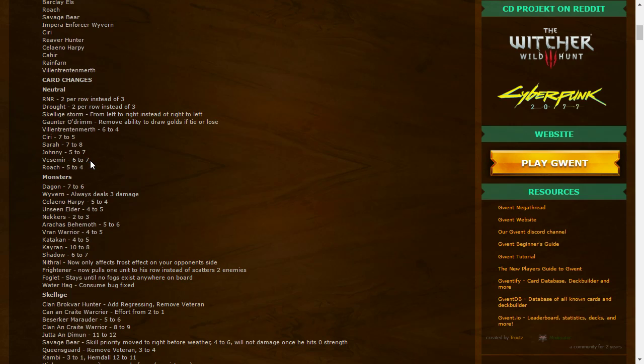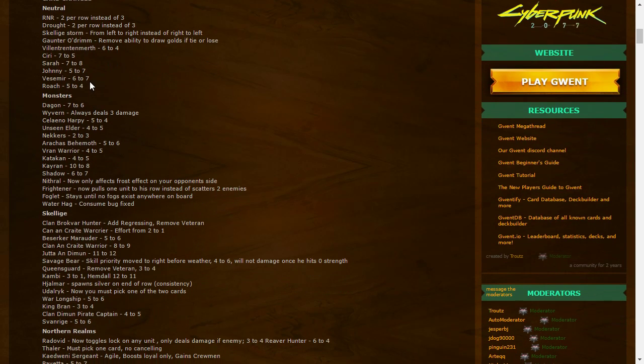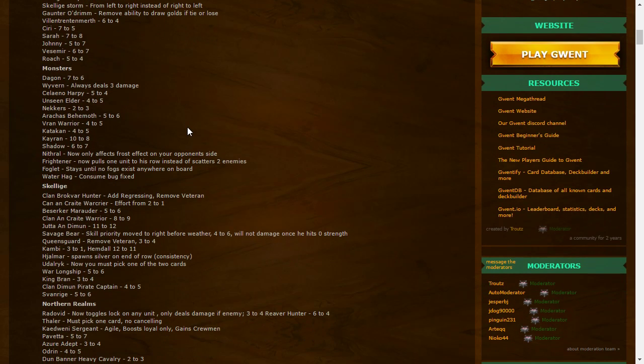Vesemir from 6 to 7, bumping up the Witchers from 16 to 17. Will that make them good enough to run? I don't think so. I really don't think so, but I guess they are getting closer to the crones. But I just don't really like the difference between the Witchers and the crones. Because the crones are like a must include, and the Witchers are like, no one includes them. And that's kind of like, okay, that's not good. I understand that the crones are faction specific, but still. Anyway,